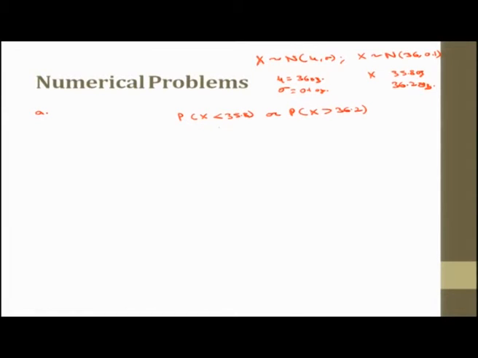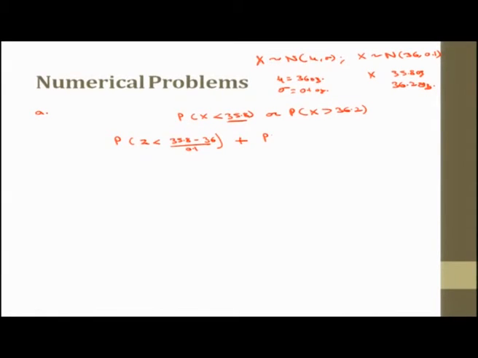Now, for this I need to calculate the value of z. The value of z for this is z less than, I will just put the value of z for 35.8: x minus mu, that is 35.8 minus mu, that is 36, by sigma 0.1, okay, plus